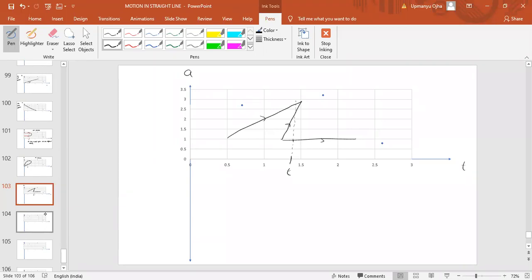We cannot have two different velocities at the same time. Assume it to be a particle. Can you move in two different directions at the same time? You cannot move. The same you can apply for the particle also. A particle cannot move in two different directions. So at the same time, we cannot have two different velocities. At the same time, we cannot have two different displacements also.